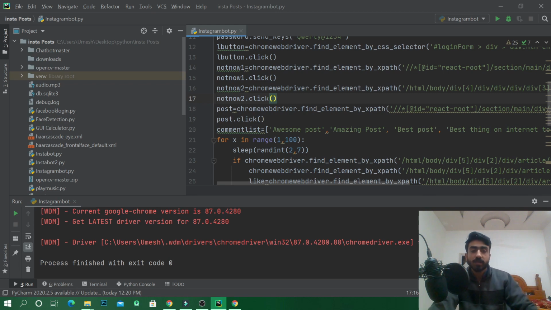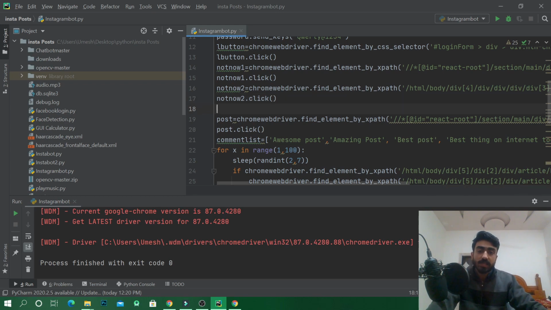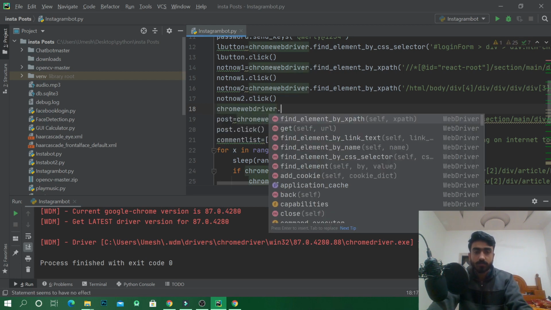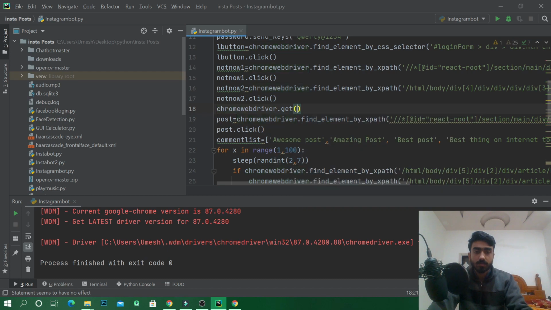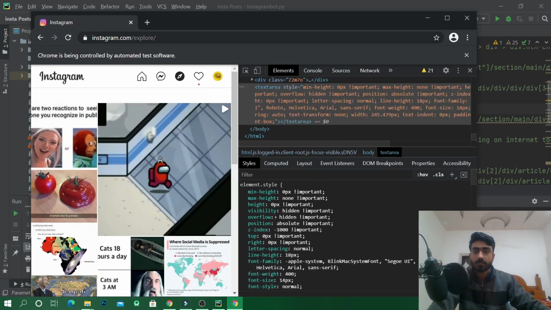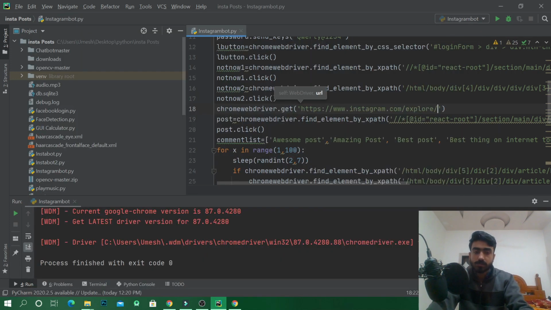One more thing we have left is that after the click of the not now button, we have not moved to the explore page. We'll navigate to the explore page with Chrome WebDriver dot get, and paste this address.